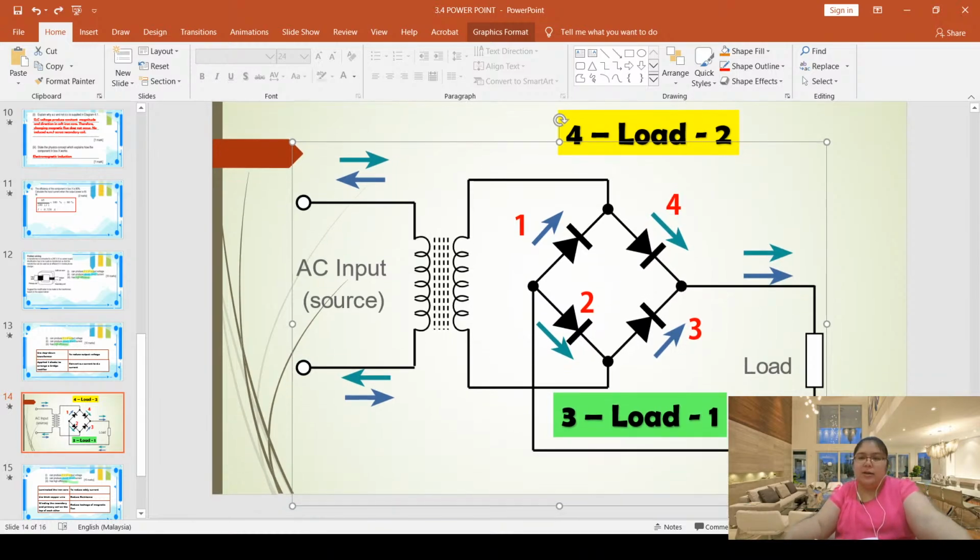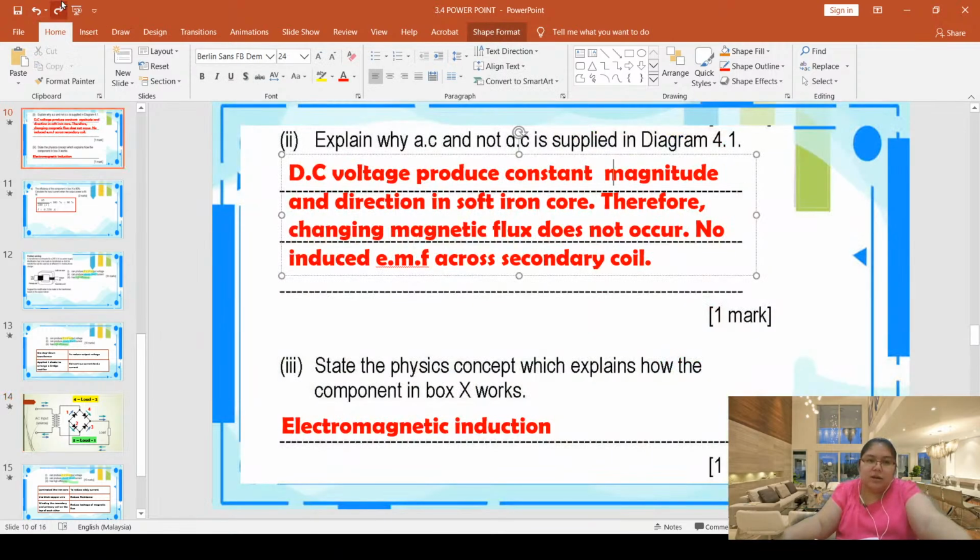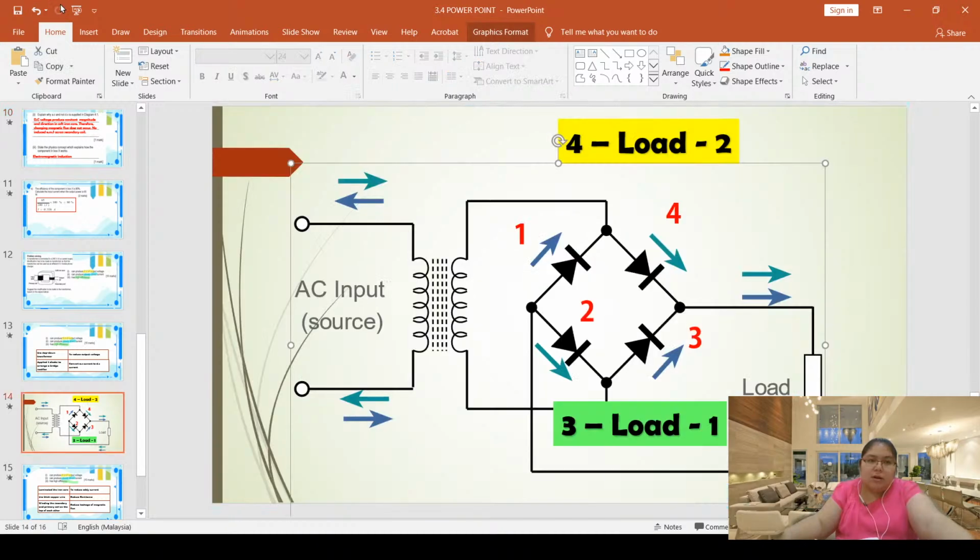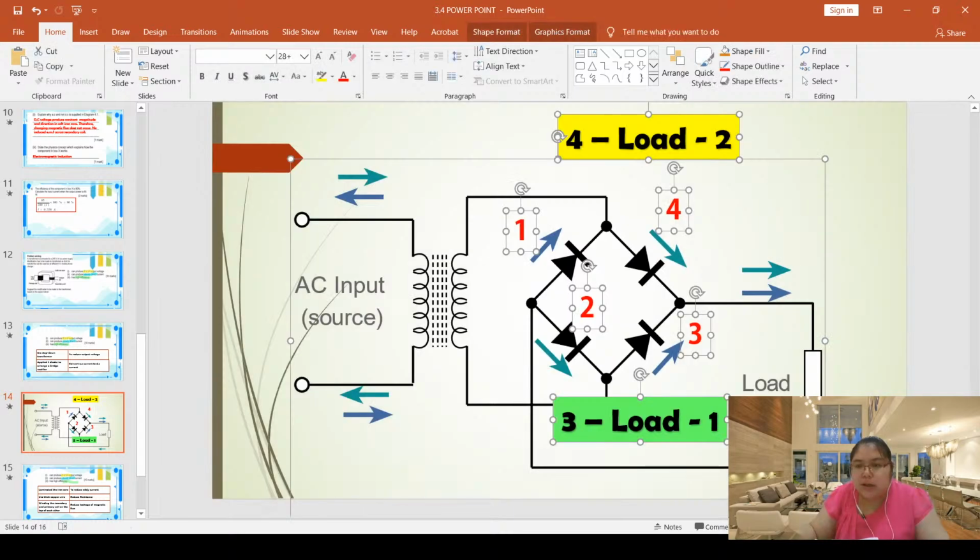Okay, finally I want to check how the direction of the current passes through the load. So that means I want to see, is it the resistor, this one resistance, the direction they pass through the load always the same? They come from here, and they come down. Green color also from this part comes down. So that means overall, I just want to say, this whole thing produces a direct current, because they move